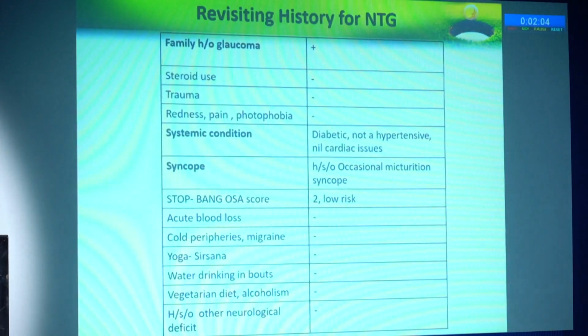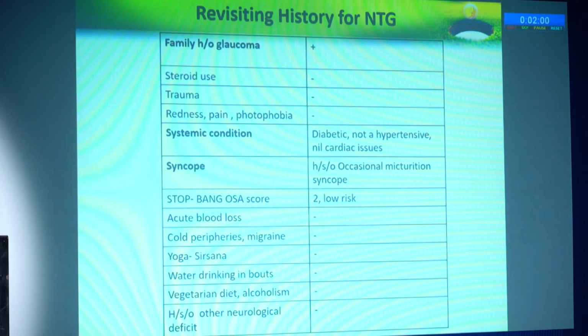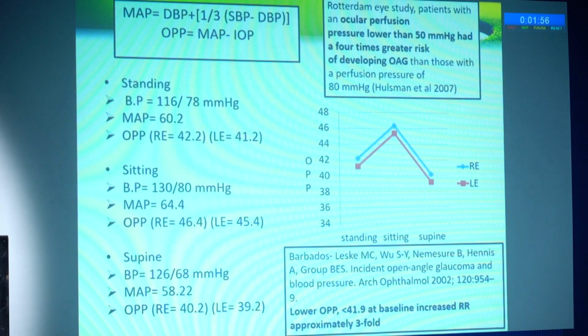Revisiting the NTG history, he gave a positive family history of glaucoma. He was a diabetic and also had a history of occasional micturition syncope. So in this slide, we assess the vascular factors. The ocular perfusion pressure was assessed in different postures, and we found that it was significantly less in the right